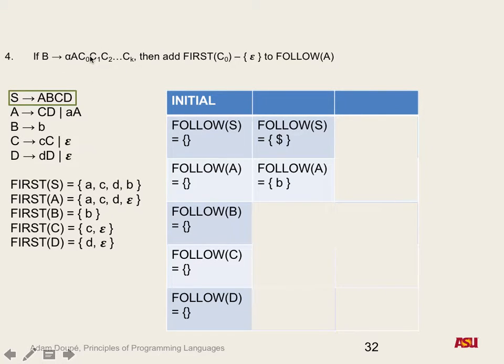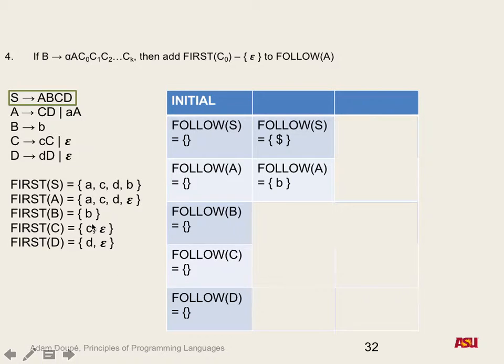And then rule 4, so which symbol does rule 4 apply on? Which is C0 in this example? C. So I'm going to add the first of C minus epsilon to the follow of B. The first of C is C and epsilon, subtract out epsilon, we have C. So now our follow of B contains the end of file, C,